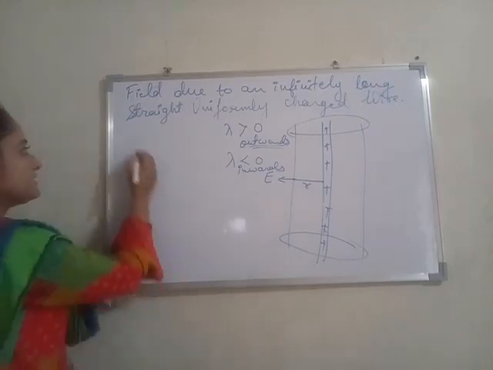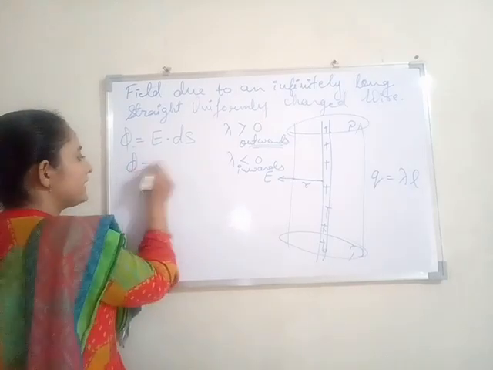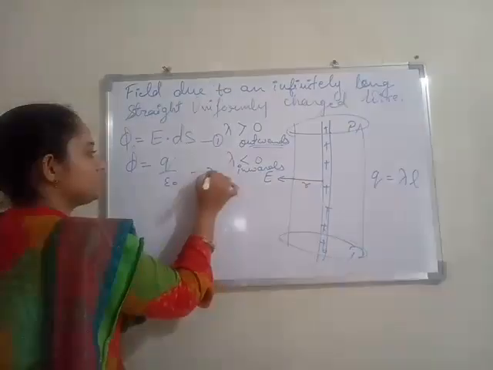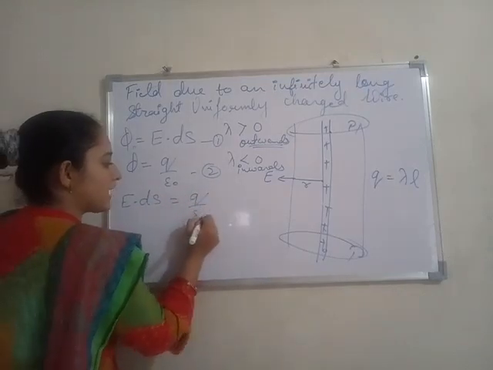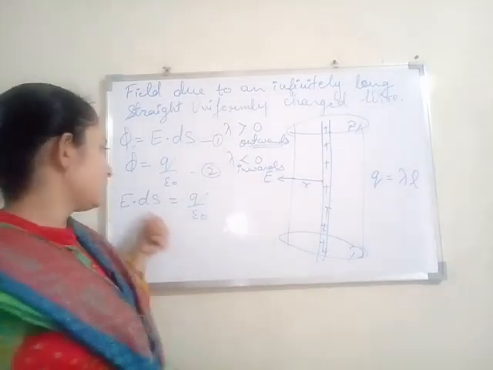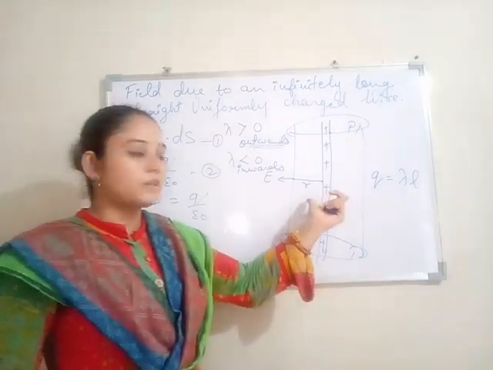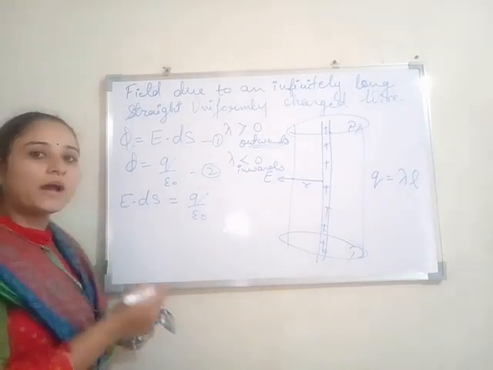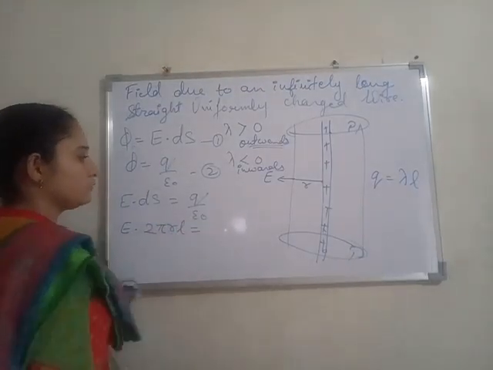Now from this we know flux equals E dot ds. Again we know the formula of flux, phi equals Q upon epsilon 0. Now we will equate these both equations, that is E dot ds equals Q upon epsilon 0. Here ds means the surface element, delta S, that is the surface area. This is a cylinder, so what will be the surface area? ds will be equal to 2 pi rl,